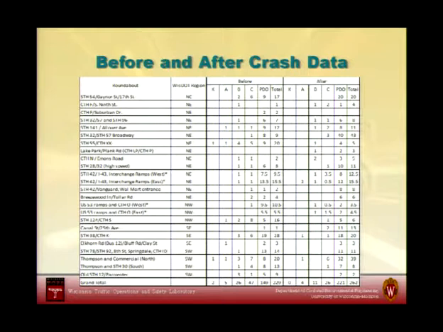From a safety standpoint, we say, well, that's not necessarily a bad thing. We can live with PDO crashes for the most part as long as people aren't getting hurt. But for Wisconsin DOT, and perhaps Ed and others, I'm sure you've experienced the political pressure of the legislators and some of the anti-roundabout folks coming out and saying, well, I told you so. Look at how much those crashes are going up.